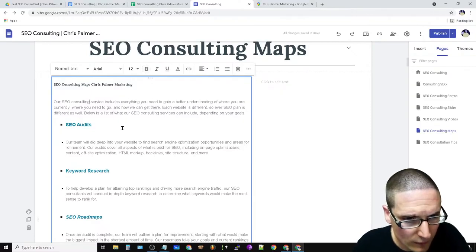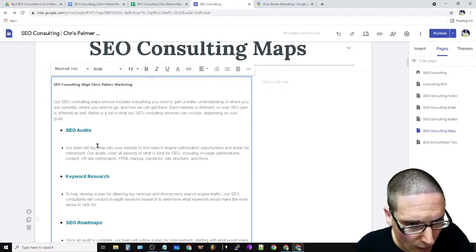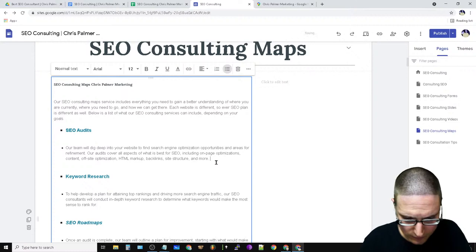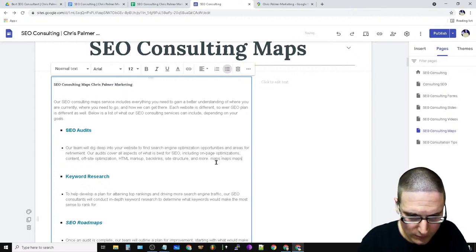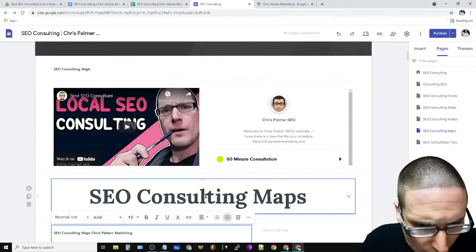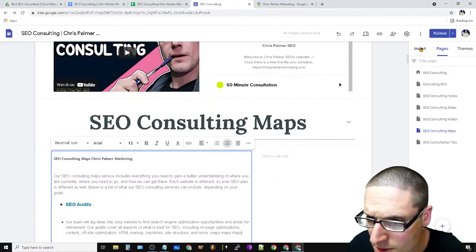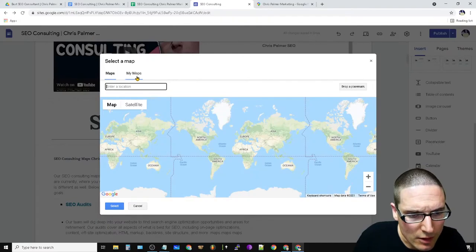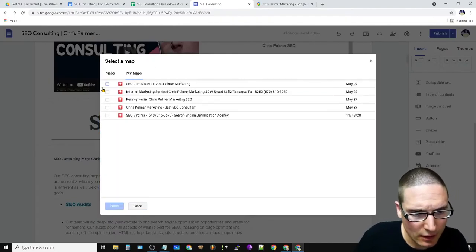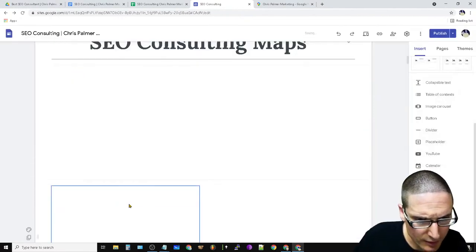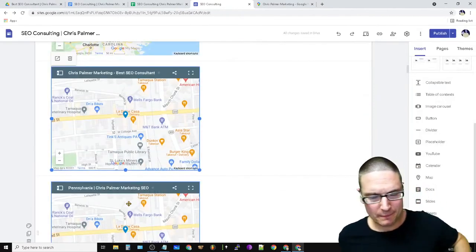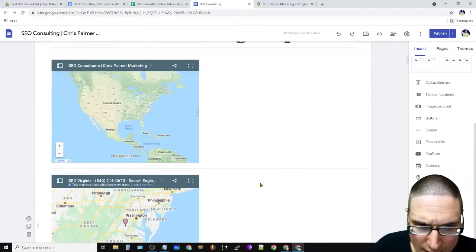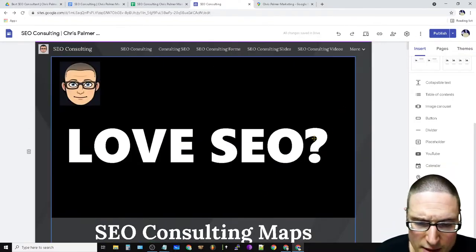All right, maps, and then we have to start inserting our maps into this, okay? So these are my maps. We're going to put them all into here. So that's that. We have our maps inside of here.